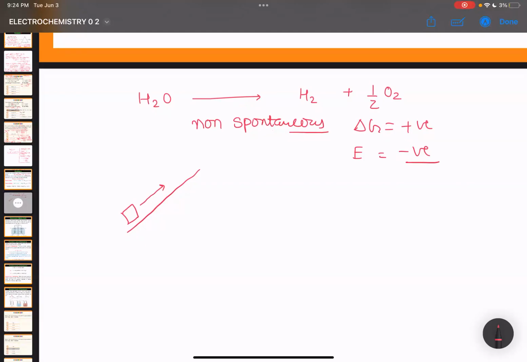So this cannot proceed on its own. So what is the method to move this block up? We need to push continuously. We need to put in some work. Is it clear? Yes, sir. So these are the non-spontaneous reactions. They can progress